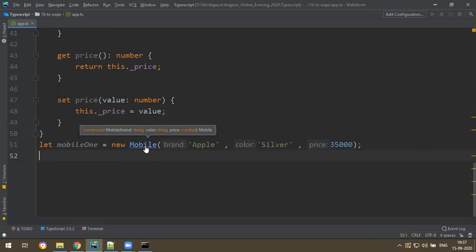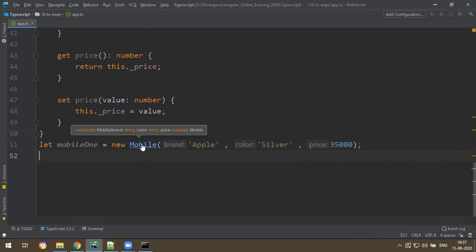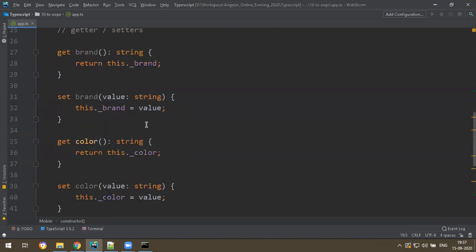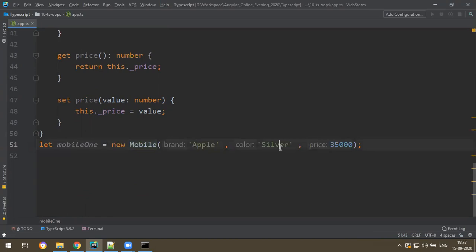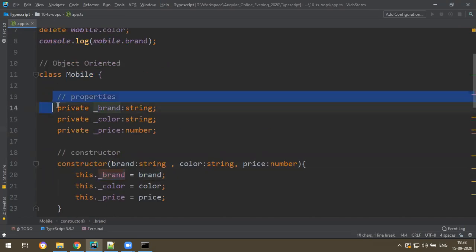Press Control and hover, and you get it. It shows the constructor. So when you call this, it goes to the constructor. What is the constructor doing? You are passing Apple, silver, and 35,000. Those are taken by these three parameters, and all of them are assigned to the local variables. That step is done.